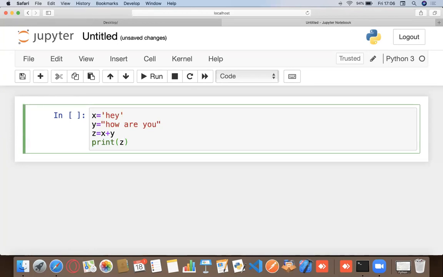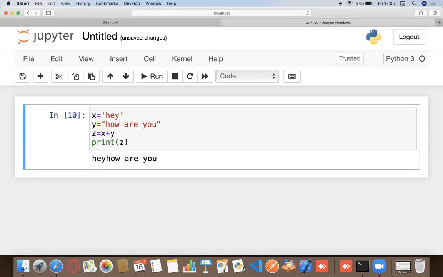But the expected behavior in Python is that they are printed together. This is called concatenation. Concatenation basically means joining strings together. All this plus operator did was take this string and, when I add it to this string, it just joins them together. I could have even done something on the fly as well.